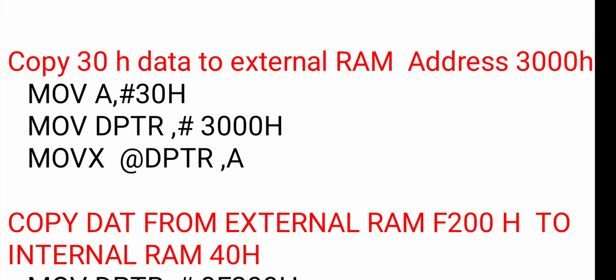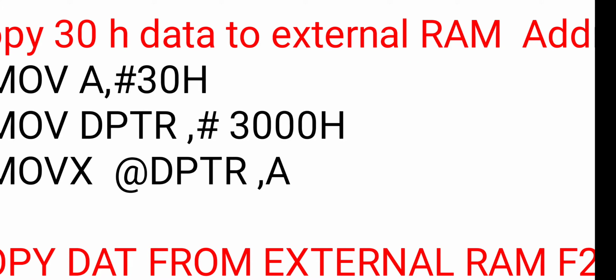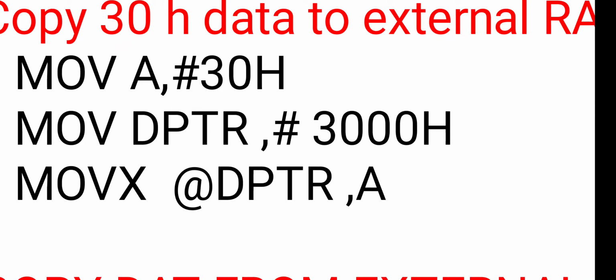So 3000 is a 16-bit address, so we cannot use R0, R1 again. So I have written MOV DPTR, #3000H. So now 3000H is inside the DPTR and DPTR is able to point to the data address. If DPTR has 3000, then it will point to it. So in the next instruction we have written MOVX @DPTR, A, because now from A the data has to be moved to the address in DPTR, to 3000. So @DPTR comes first, it will be the destination. @DPTR means 3000, so the data will go into it. Okay. Hope you understand this instruction.